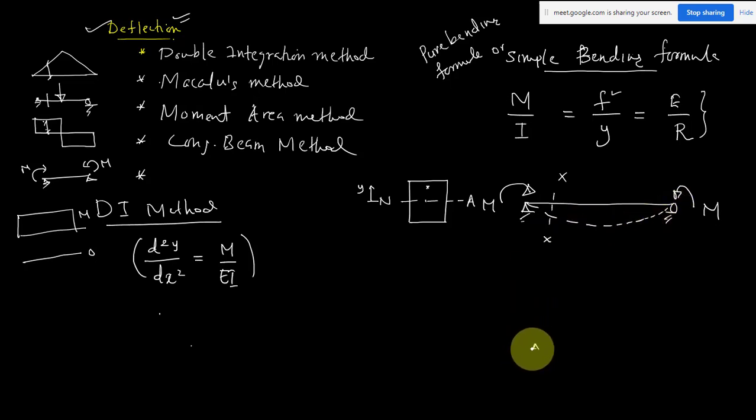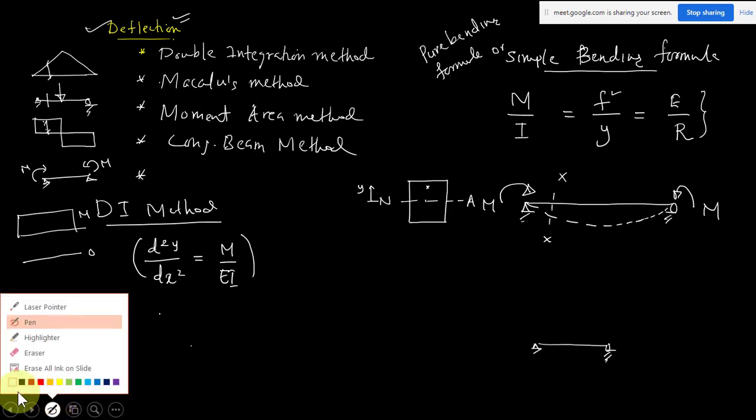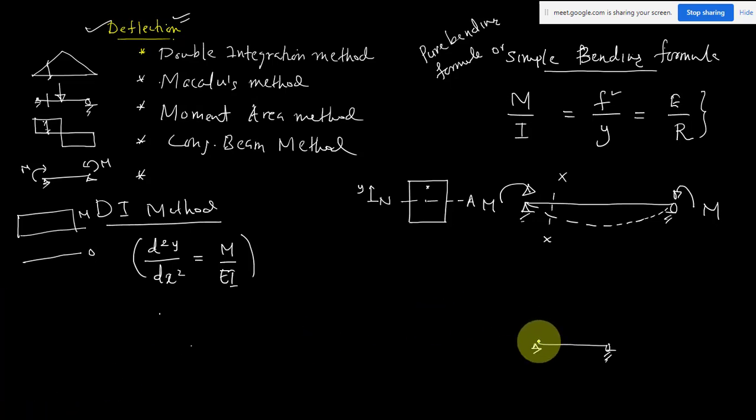So as per your simple bending theory, suppose you have a beam like this and there is only bending moment, so it is going to deflect like this. And in the pure bending condition, the deflected shape of your beam, this dotted line, is what we will also be calling the elastic curve. Elastic curve, this term you should be clear.